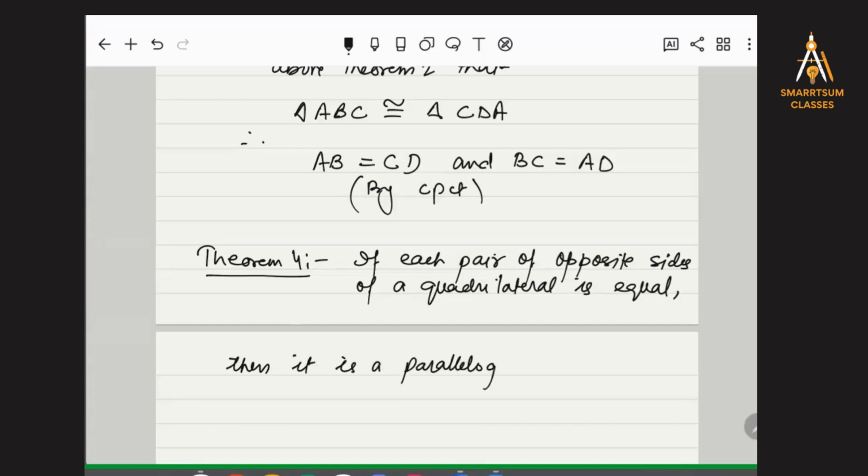Now, what kind of theorem is this? This is the converse theorem. Is it clear? This is a converse theorem, right? So each pair of opposite sides are equal, then it is a parallelogram. So this is a converse theorem. So what you can do is just try this theorem